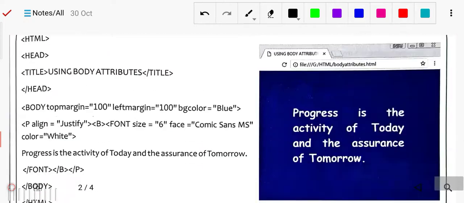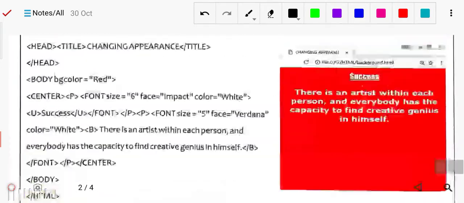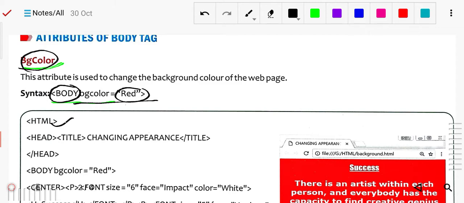You can check the example. The same html, head and so on are written. Where we write the body, with the body we have to use this bg color. It says your body should be the color red.